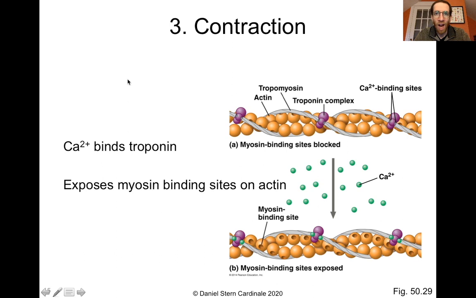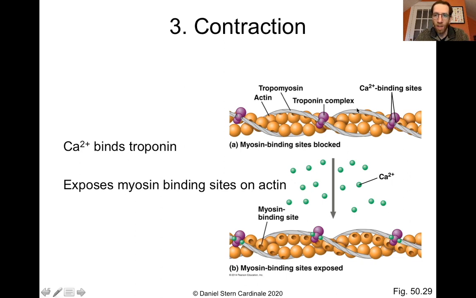The first thing that needs to actually occur during a contraction, and the actual steps of a contraction, is that calcium must bind to the troponin complex on the tropomyosin that's associated with those actin filaments. The reason is that that troponin complex is what regulates the ability of the thin fibers to associate with the thick filaments. Once calcium binds to the troponin complex, these purple things right here, it actually causes the whole tropomyosin to shift a little bit relative to the actin.